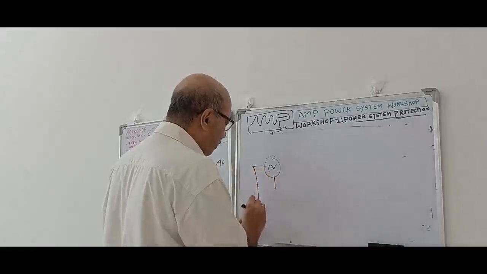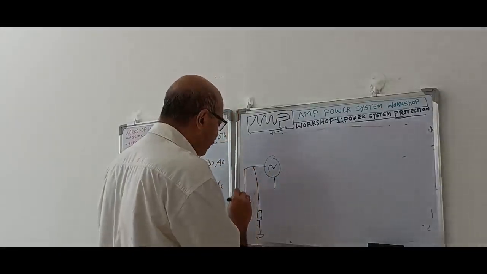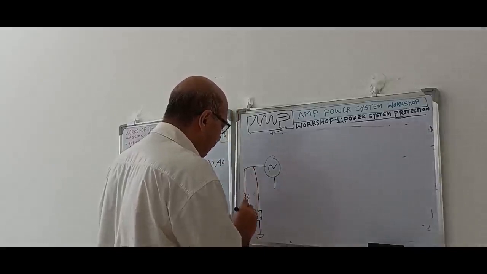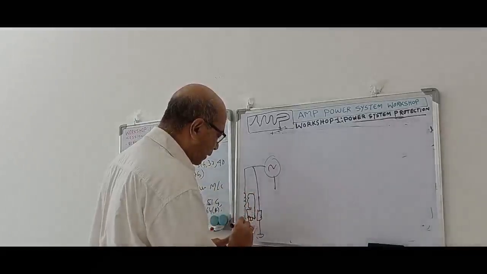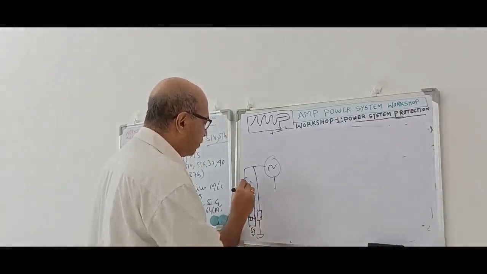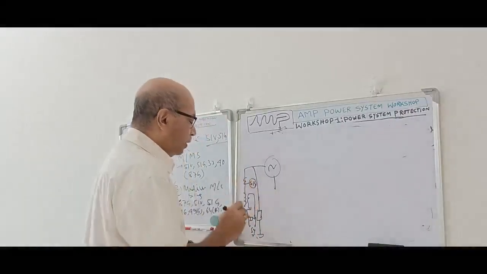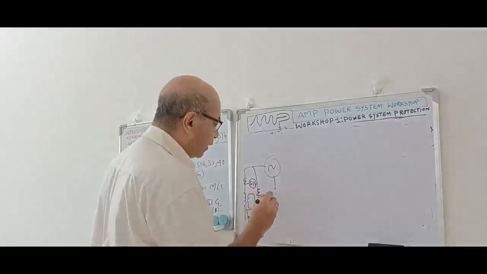Okay. This is a generator I am showing over here. It is either resistance grounded or it is connected to a distribution transformer. Okay, this is a loading resistor, and then there will be a 59V relay over here, or it will be 51G over here. Okay, now what about the possibility? And if it is resistance grounded, only 51G will be here.